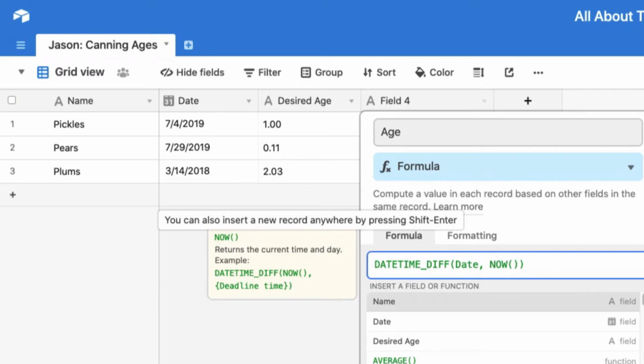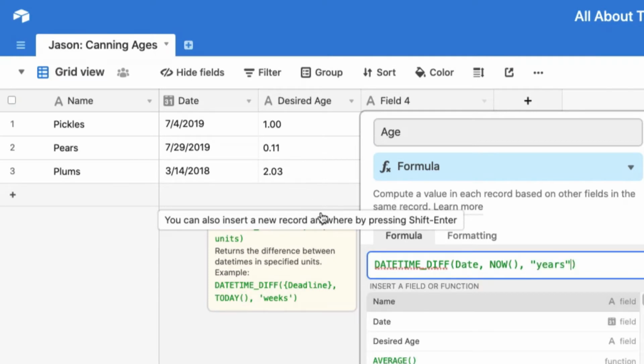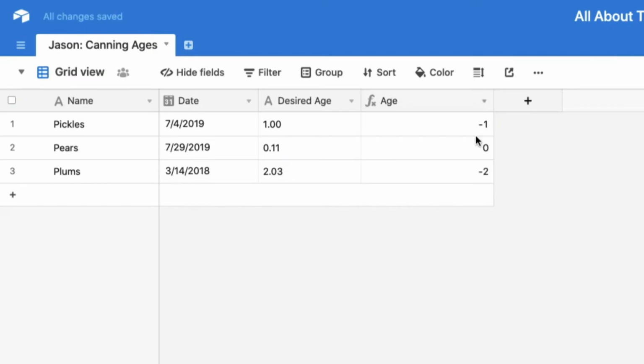And then I want to see, let's just kind of play around with it and say how many years there are. And so I'll put a quote, I'll type in years. We'll leave it at that for now and see how that goes. One thing to check also is to see if you have positive or negative numbers. So if you want this to be like -1 versus a +1, you can do it like that. But I actually want positive numbers for a little cleaner representation here.